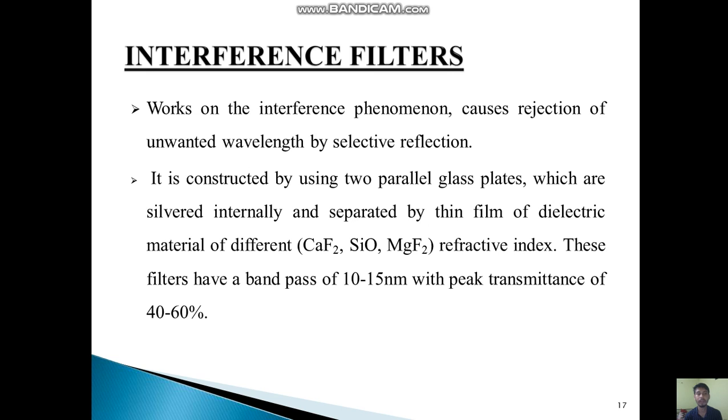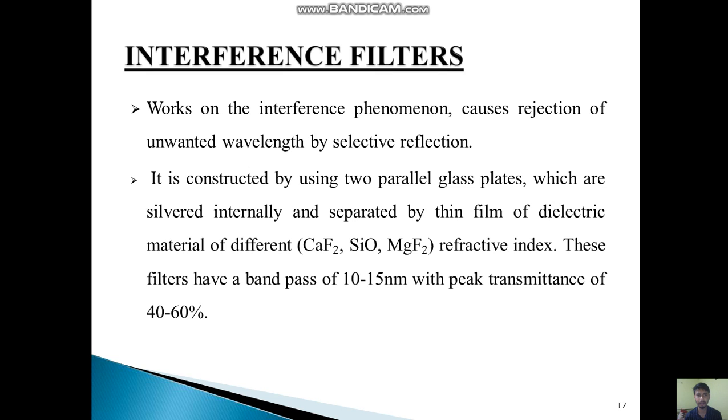After that we have one more filter, the interference filter. It works on the interference phenomenon and causes rejection of unwanted wavelength by selective reflection. It is constructed using two parallel glass plates which are silvered internally and separated by a thin film of dielectric material, that is, you can say CaF2, SiO and then MgF2.